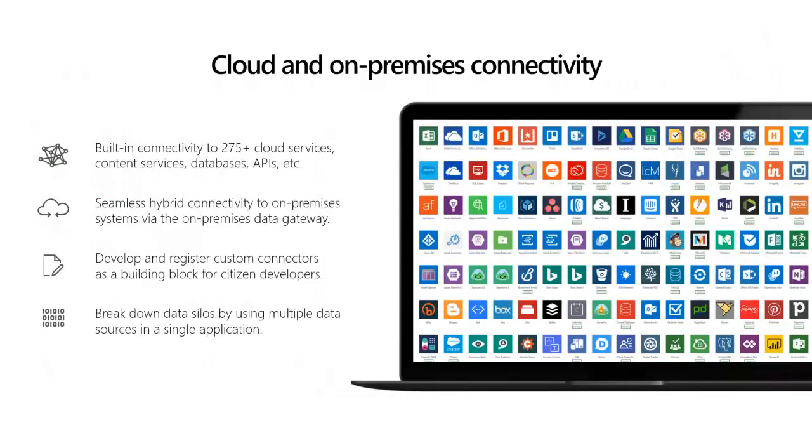Okay. So just now we mentioned the cloud and on-prem connectivity. As mentioned, Power App is already connected to 275-plus types of services, and it's still growing. All the things you see here are the connectivity that you have. I'm not so sure what type of system you're using, but maybe you have a solution that requires one, and you can check the Microsoft website whether that connector is ready or not. If the connector is ready, you can use it straight away in Power App to do development and